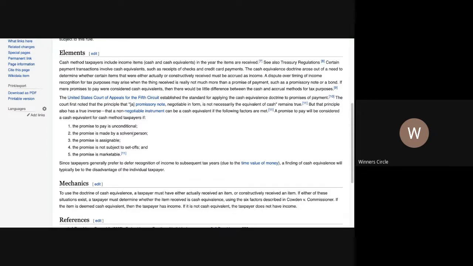is made by a solvent person, the promise is assignable. Okay, the promise is assignable. Don't they assign notes? The promise is not subject to set-offs, and the promise is marketable. Okay, a promise to pay is considered a cash equivalent for cash method taxpayers if the promise to pay